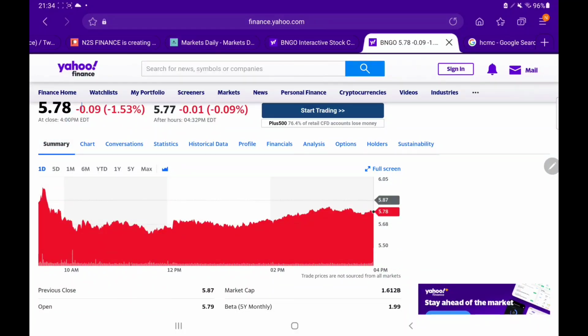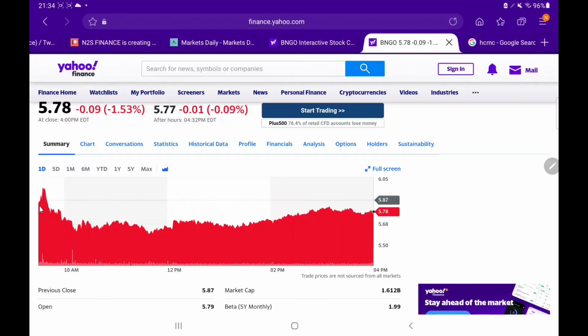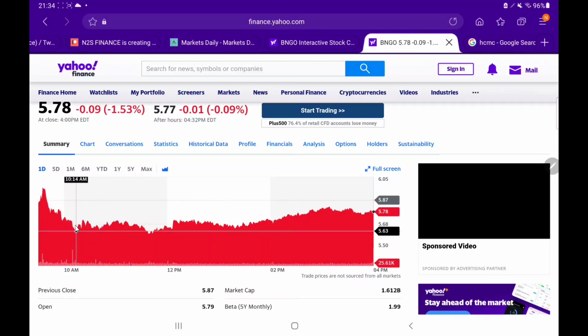So today we are down by 0.09%. This equates to a drop of 1.53%, so not too bad. In the after hours, we are down by 0.1%, and that is a 0.09% drop. But throughout the day you can see this trend, so 9:30 until about 9:36 rather, we actually rose a little bit. We came up to the $5.96 range, and from there we unfortunately did continue to drop,